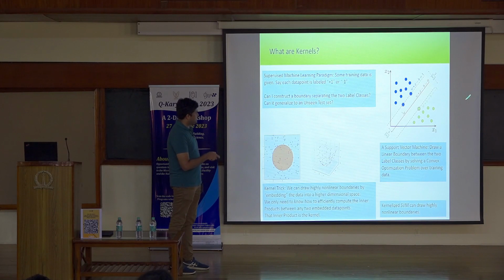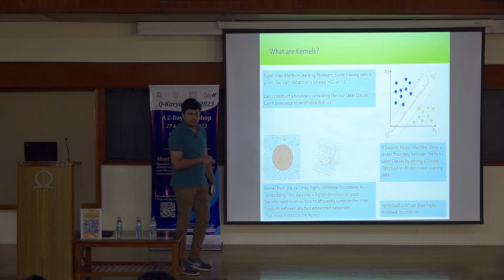So what does it do? What kind of line should I draw here? I can draw many lines which can separate out the classes. I'll draw a linear boundary, a hyperplane. Let's say they are linearly separable. What kind of line should I draw? Exactly, maximum margin. I'll try to maximize this margin, and I'll draw my boundary in the middle of that. You can pose that as an optimization problem. It's a convex optimization problem which you solve.